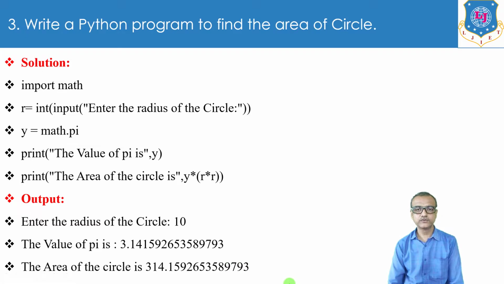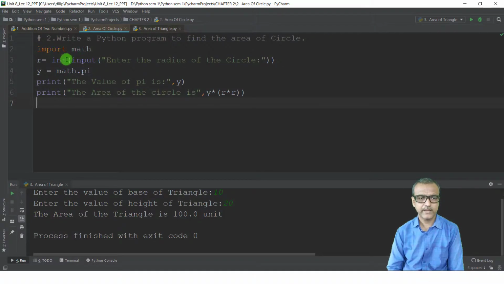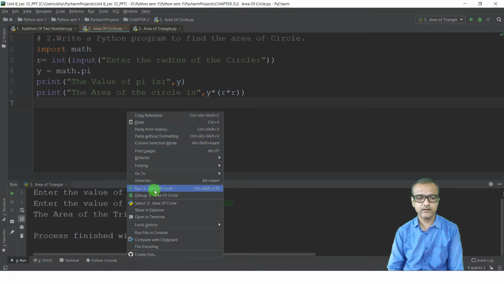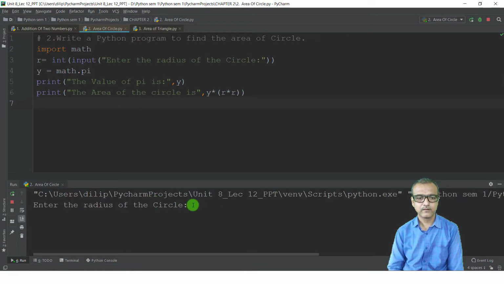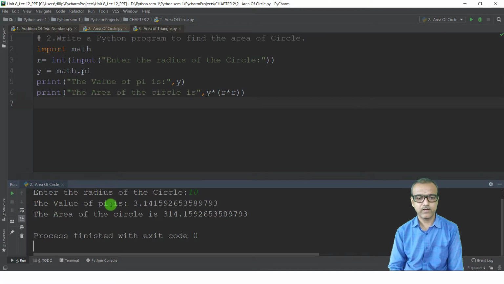Now I will show you the output of this program in PyCharm. See, I have written the same program over here. Now I will just run this program. Click on this run button. Now first of all, we have to enter the radius of circle. Say that is 10. The value of pi is 3.14 and so on.